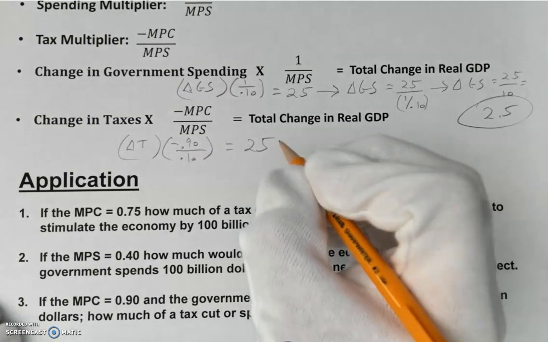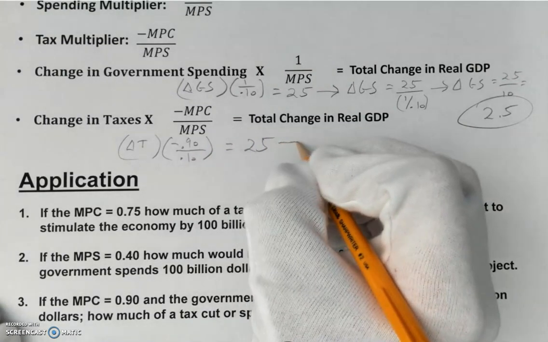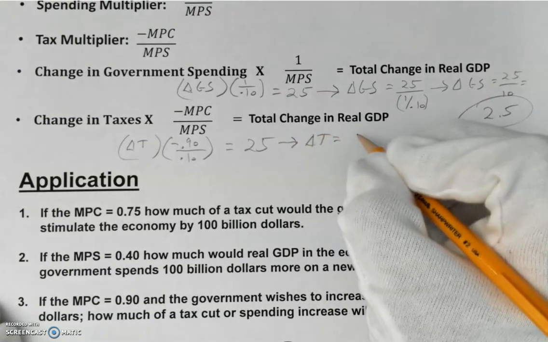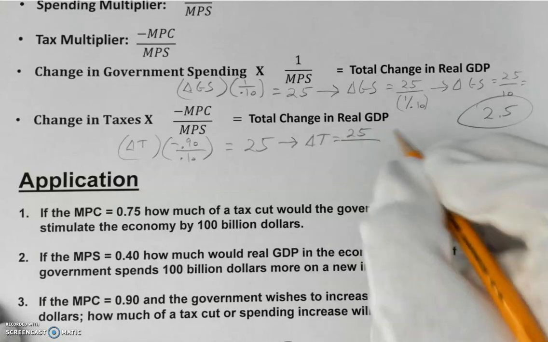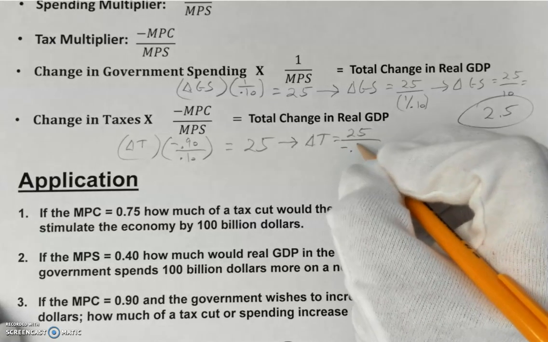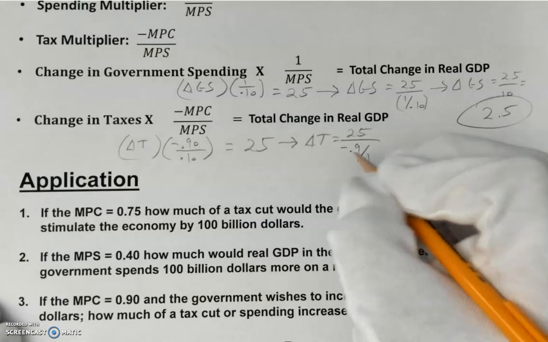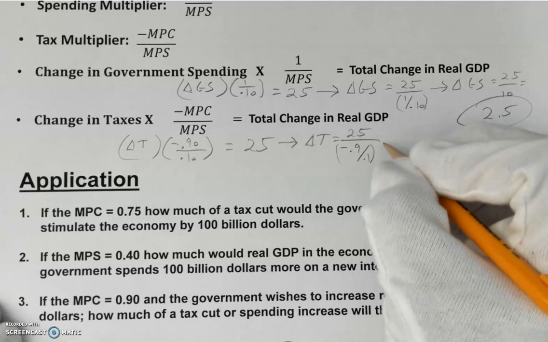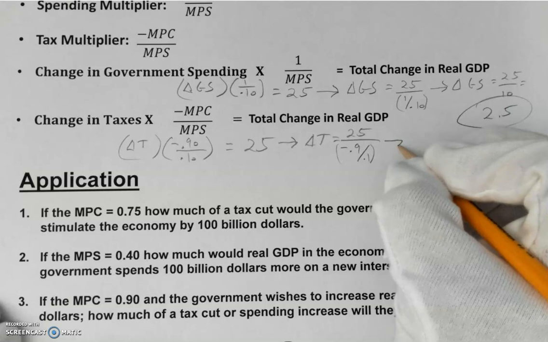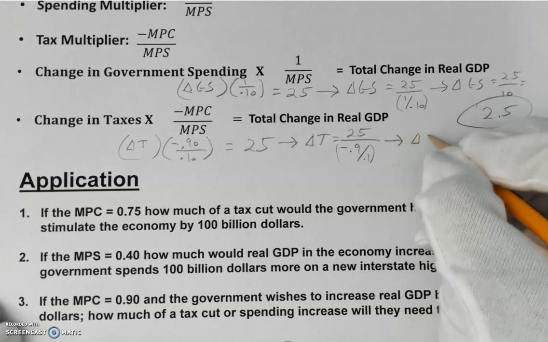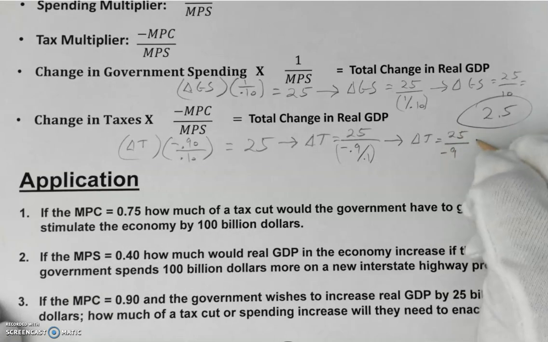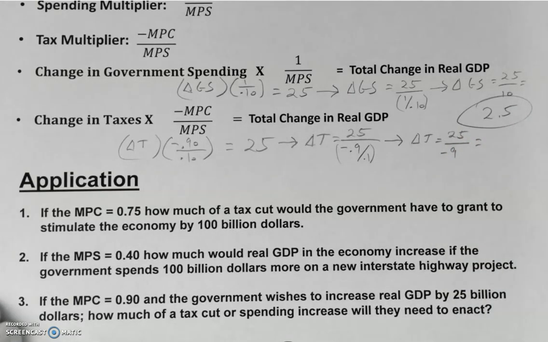Now, we simply take that, the change in taxes needs to equal 25 divided by negative 0.9 over 0.1, that's actually going to be negative 9. So following the same steps, the change in taxes would need to equal 25 over negative 9, which would equal, if we do the math here,